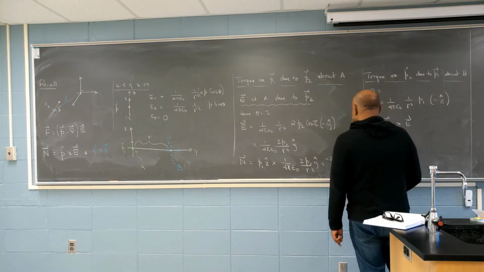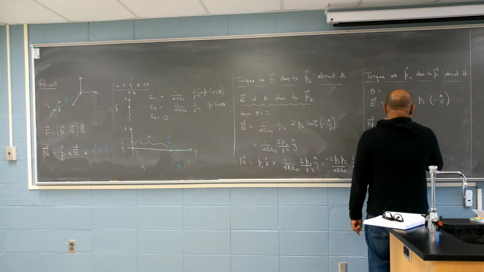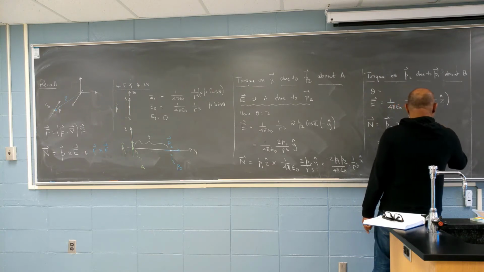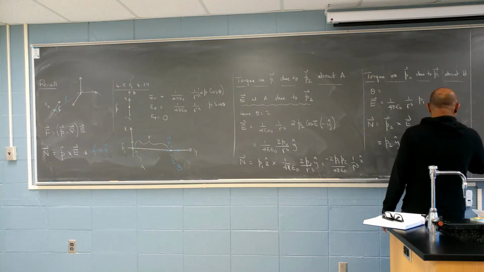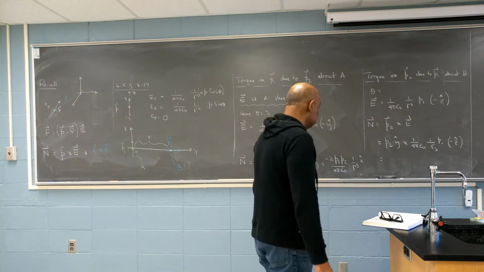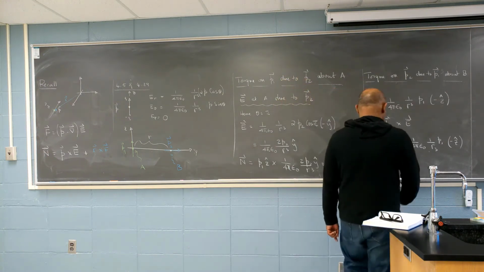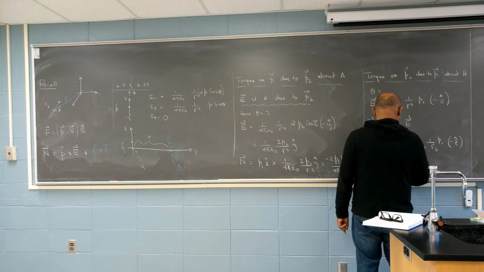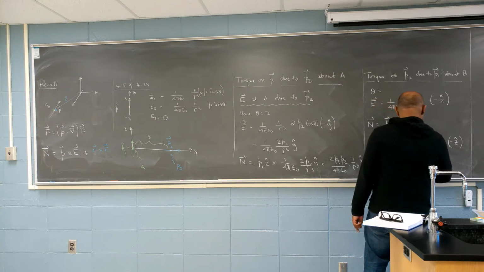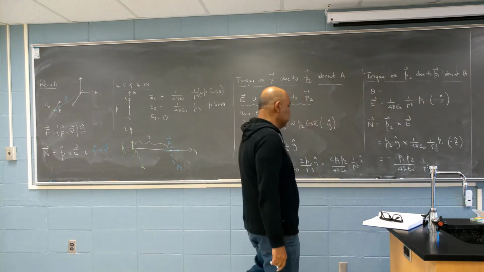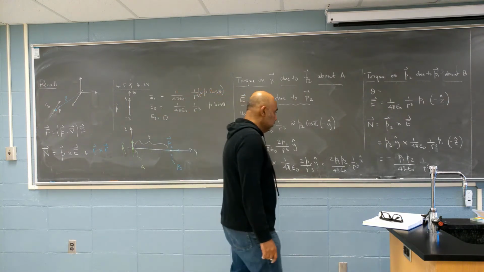P2 y hat, cross 1 over 4 pi epsilon naught, 1 over r cubed, P1, minus z hat, and that's equal to what? Minus 2, no, 2, P1 P2 over 4 pi epsilon naught, 1 over, not R3, but R cubed. Y cross Z is X hat, so minus